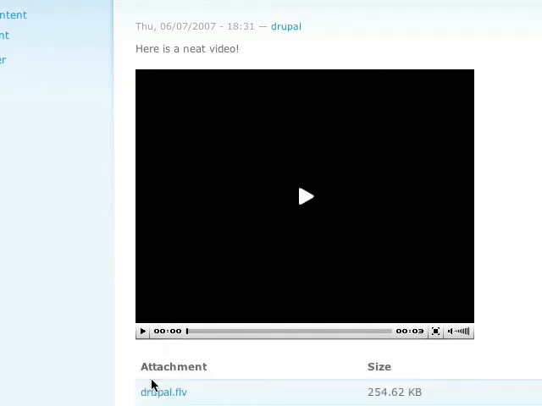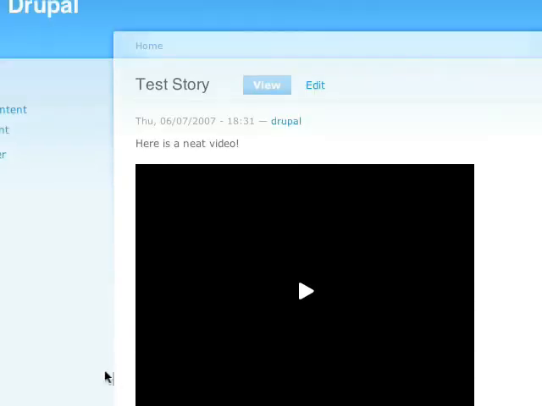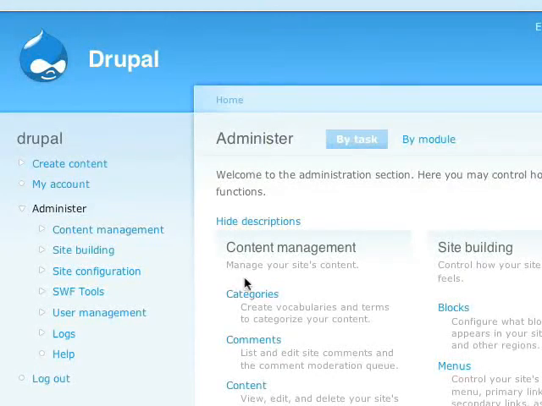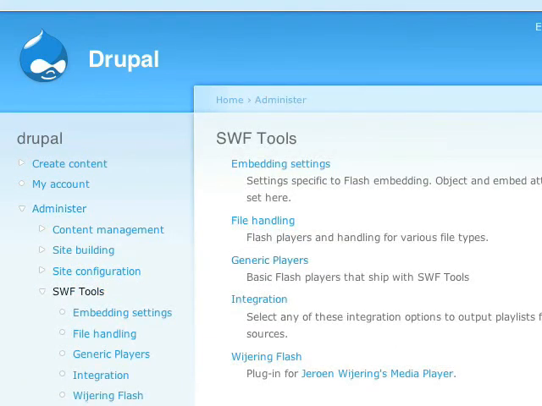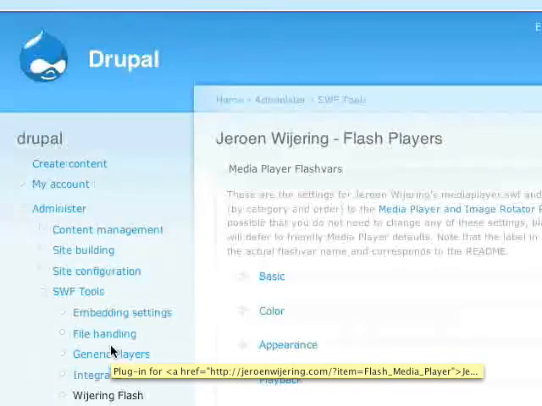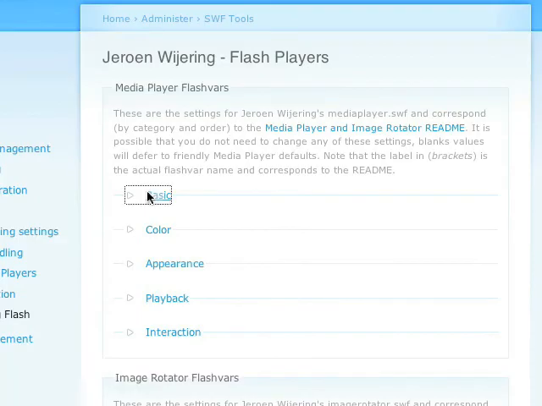And that's about it for this video. Like I mentioned, SWF Tools is a huge module, and I really applaud the folks who worked on it, because I think it's the start of some big things to come. One of the other nice things that I didn't demonstrate in this video was that as you enable the modules for specific players, the options that you normally change using HTML code have a nice little interface in Drupal, so you can actually